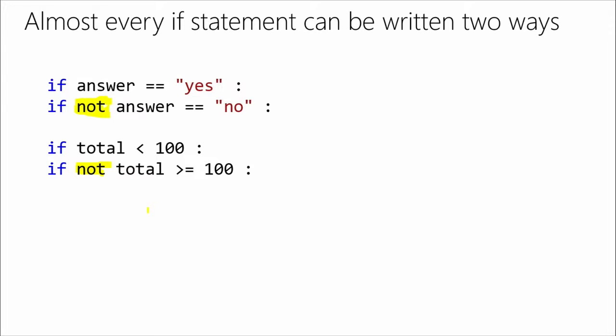So which is the right way to do it? Well, I don't know. It really falls into a certain amount of what you like. I find it easier to express it in a positive way. I find saying if not total, if not answer kind of confusing. Especially when I'm getting tired and it's late in the night, my brain has to think about it six times. Especially if you've got the word not, and then you've got not equals, and now you're dealing with double negatives and double secret probation, and I just don't want to have to sit down and try to figure all of that out.